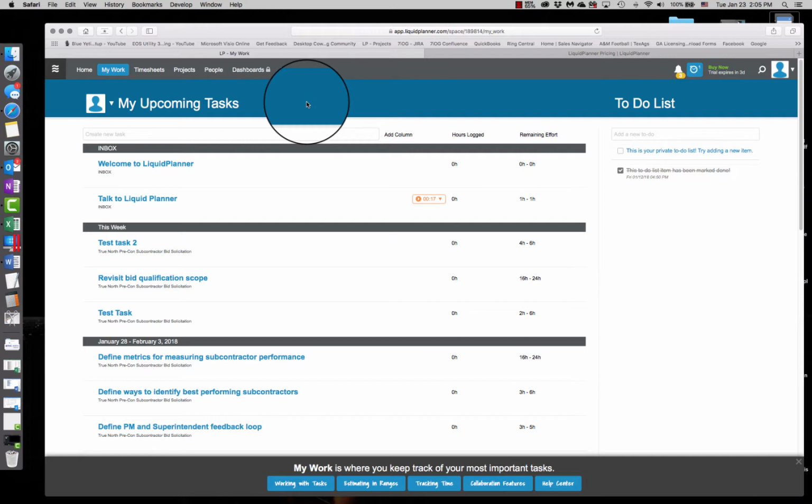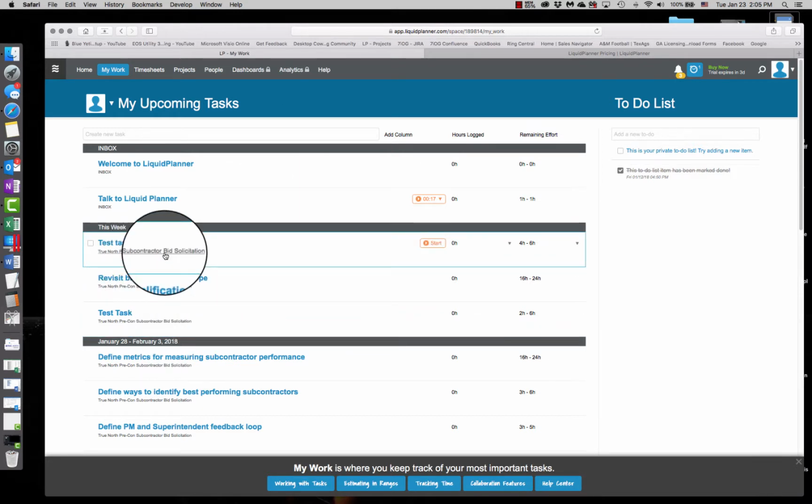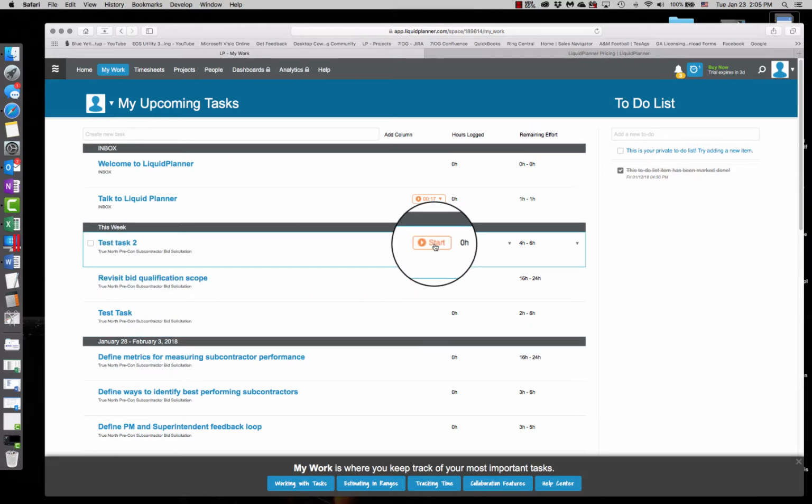It's pretty tremendous. So here's your tasks in order of priority. Notice the orange box. Another feature I'm going to point out, by the way, most tools that have scheduling built in or resource management require you to enter a finite number. We estimate this task, or I estimate this task will take 5 hours. This is one of the few tools that allows you to enter a range between 4 and 6 hours, which is a more realistic way of scheduling, which contributes to one of the differentiators for this tool, what they call